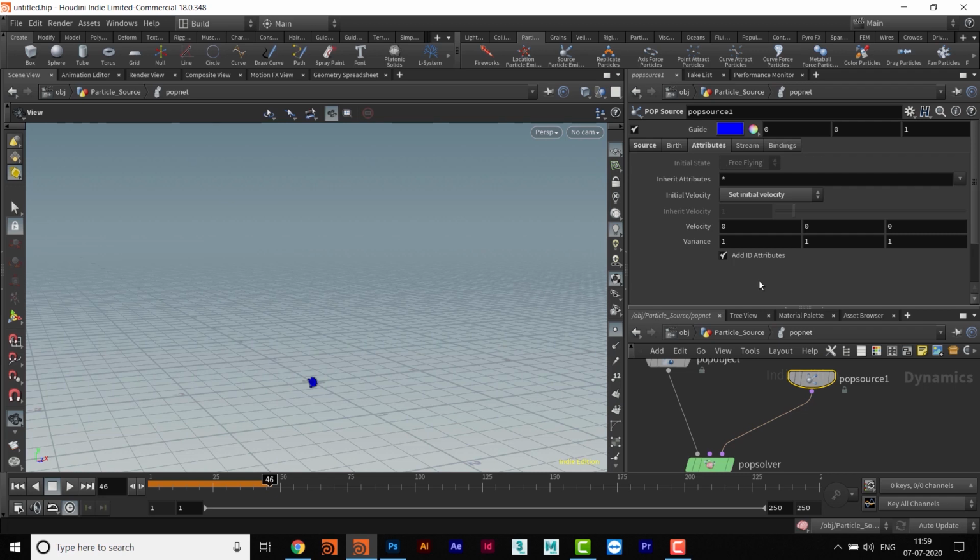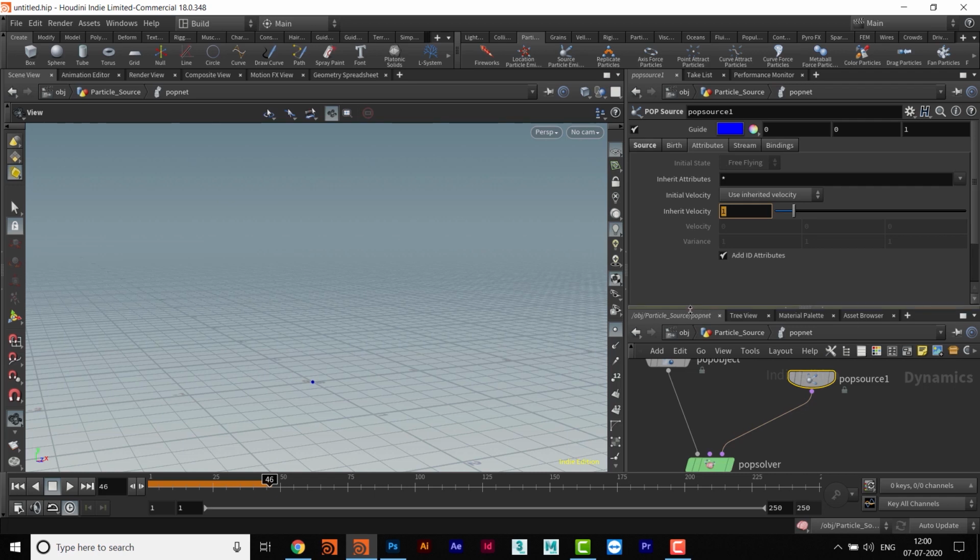But if I have added some external source from where the particles are emitting, then we can go to add to inherit velocity, or use inherited velocity only, even if you don't want to add anything from inside. So use inherit velocity, and then all the features will be grayed out and you will be left only with the inherit velocity value.